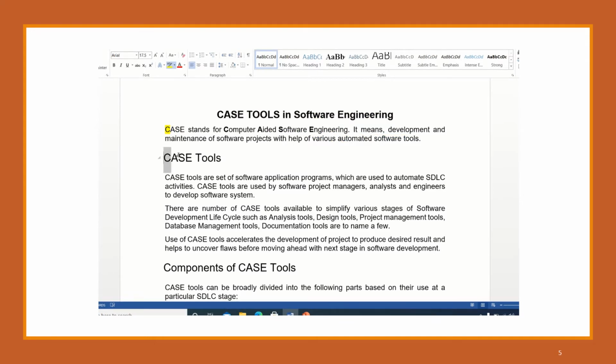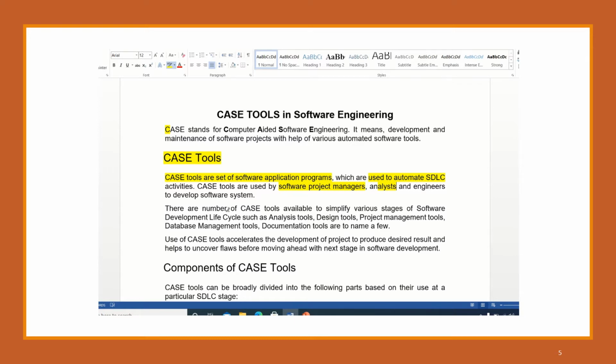So moving towards the elaborated definition of CASE tools, we can see that CASE tools are a set of software application programs which are used to automate SDLC activities. And CASE tools are used by software project managers, by analysts and engineers, or you can say the builders who will develop the software system.